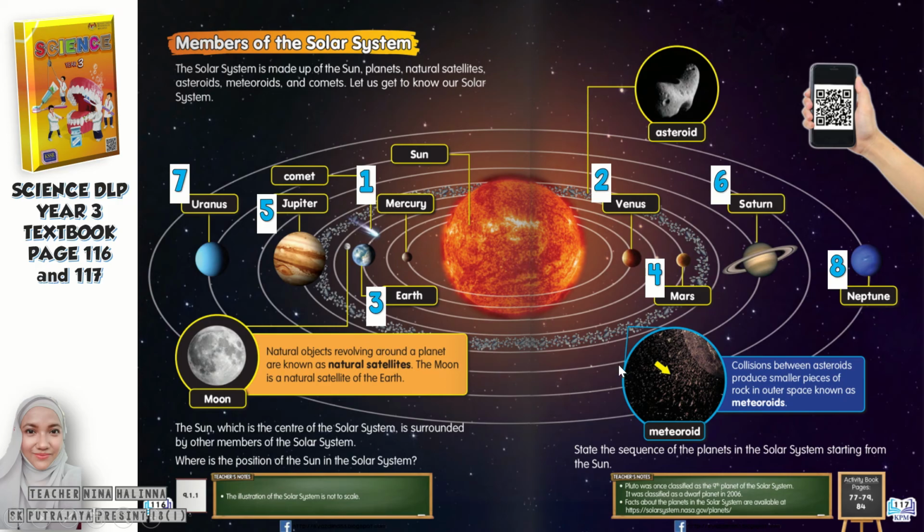So all the other members of the solar system are on a constant move. They are actually moving around the sun, revolving around the sun non-stop from the day they were created by God